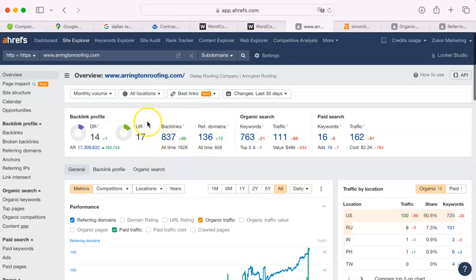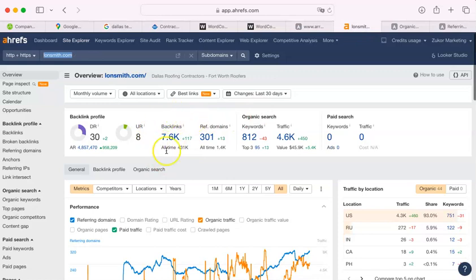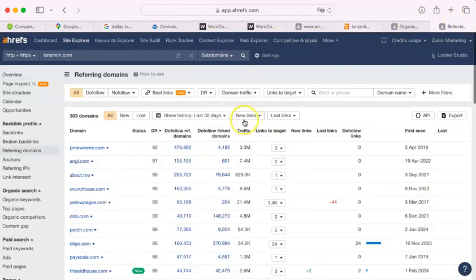You have 837 backlinks. Backlinks is where somebody refers to you on their website. And I'm going to show you what Lon Smith has. They have 7,600. They might win in this category by a little bit. But here's what I'm going to show you. The PR Newswire, they did something where they were involved in some sort of charitable event, something like that, and it got on the Newswire. Angie's List rated it a 91. I'm showing you these because they're rated in the 90s. Crunchbase, yellowpages.com. Those are all rated in the 90s.